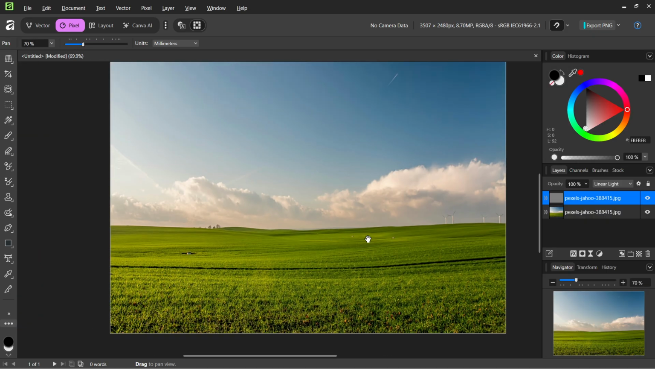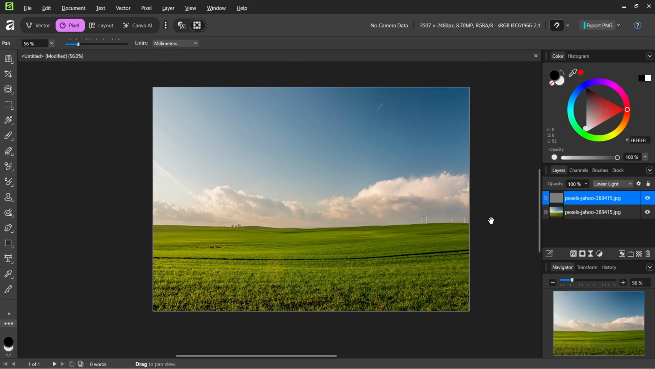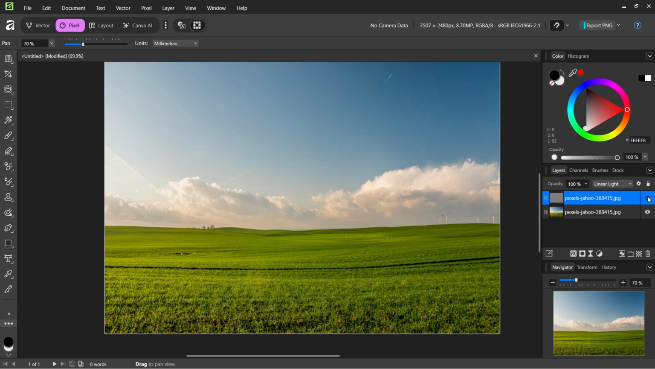Now, of course, it's not perfect. It's going to look better for more blurry images, but if I show you the before and after, this is the before, and now this is the after. As you can see, my image is actually quite a bit sharper. So that's the easiest way to